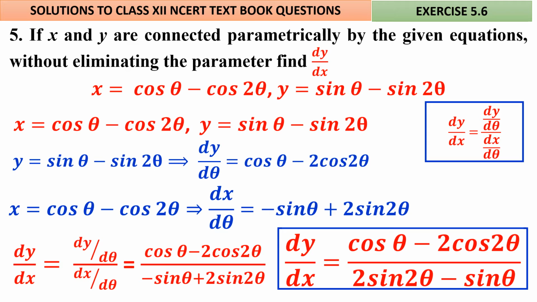If you want to have some more simplification, cos 2 theta formula you can put 2 cos square theta minus 1, and sin 2 theta you can put 2 sin theta cos theta, and you can take sin theta outside. Like that you can do some simplification. But you can do the simplification provided the question is asked to find dy by dx is equal to, show that. In that case you can do simplification. If required, do it, otherwise there is no need.